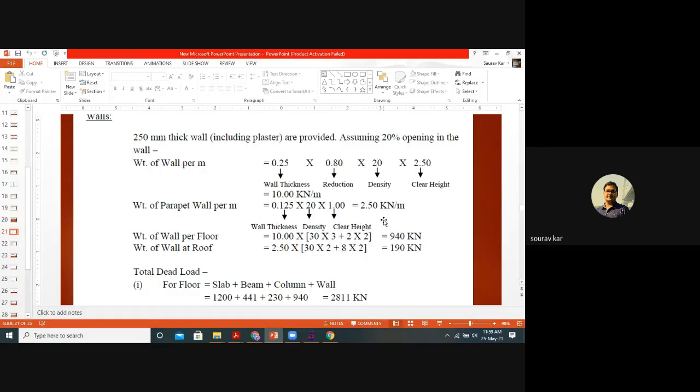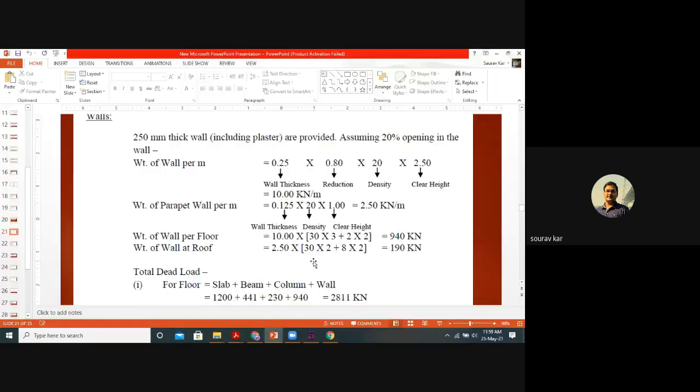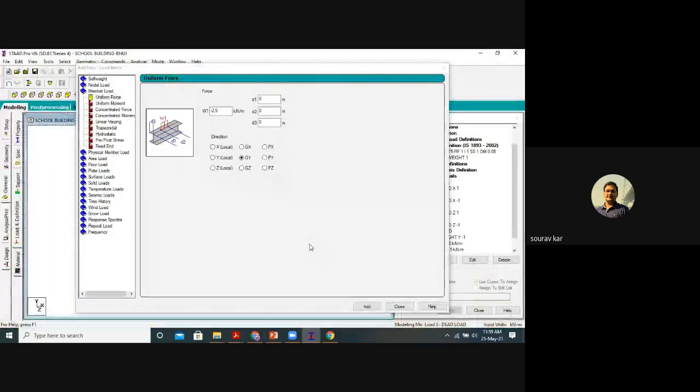Another we will add for the parapet wall. If you check here, the parapet wall is 2.5. So I'm creating all these as a bucket list. Achcha, one thing very important practically: whenever we provide the wall load, there are three types of wall load. One is the exterior wall load, which we have taken here, 10.